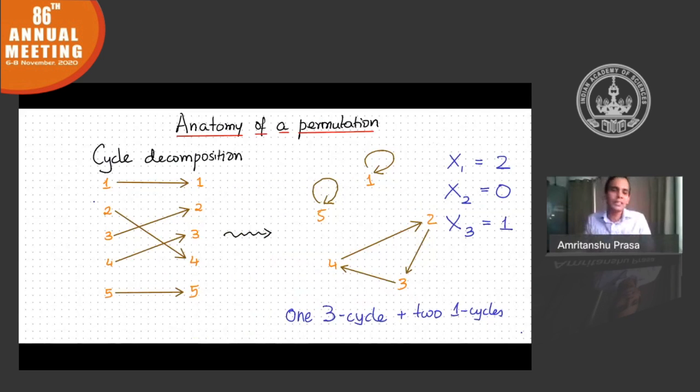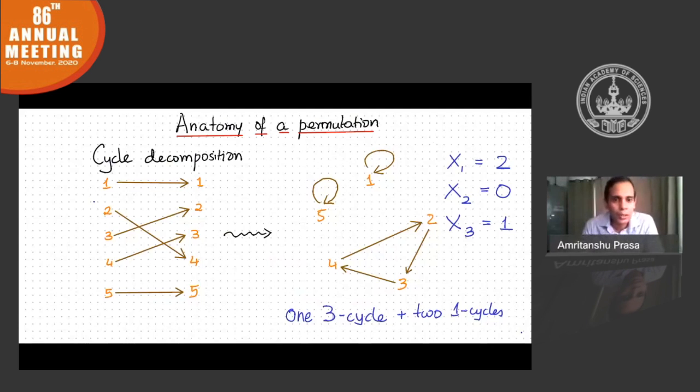So now a permutation is just a rearrangement. I'm going to associate to this permutation some statistics. So x1 is the number of 1-cycles, x2 is the number of 2-cycles, x3 is the number of 3-cycles, and so on. So these are permutation statistics, and they have very interesting properties. For example, if you take a large random permutation, then the random variables x1, x2, x3, and so on are independent Poisson random variables with expectation 1, 1/2, 1/3, and so